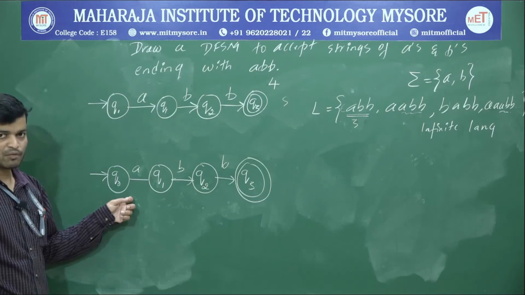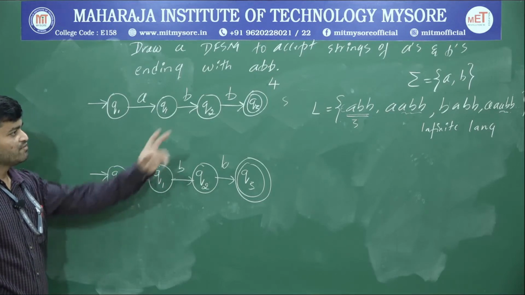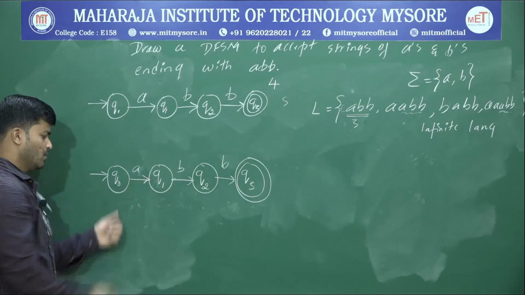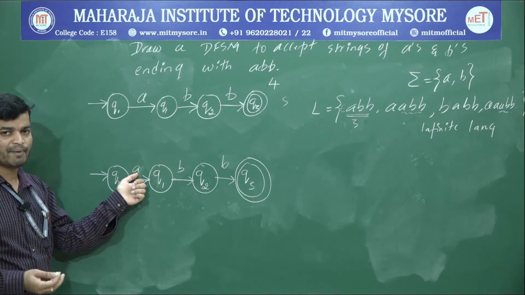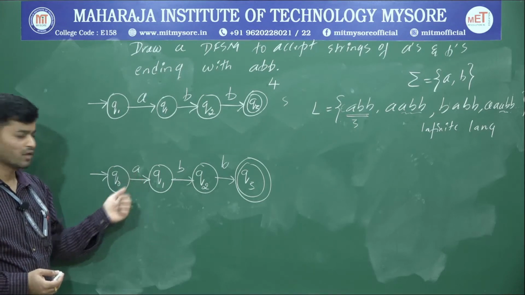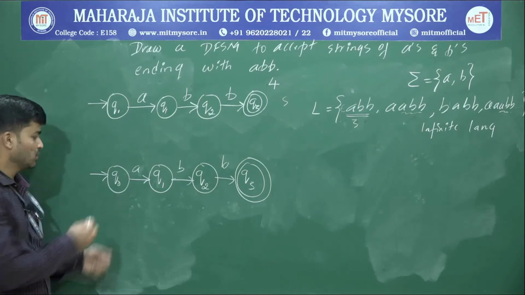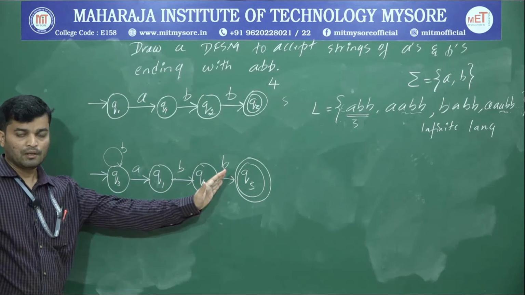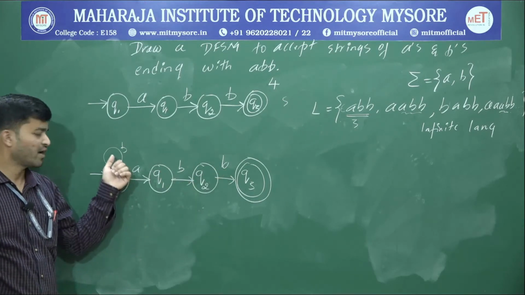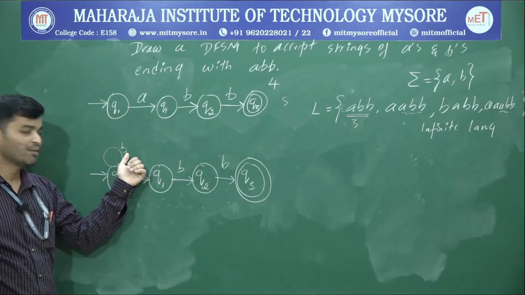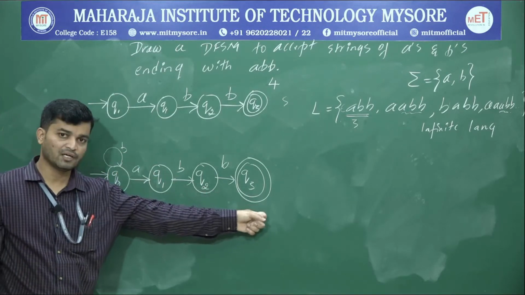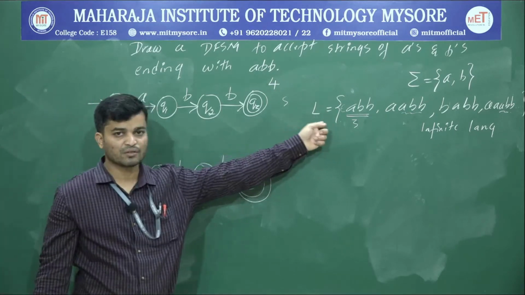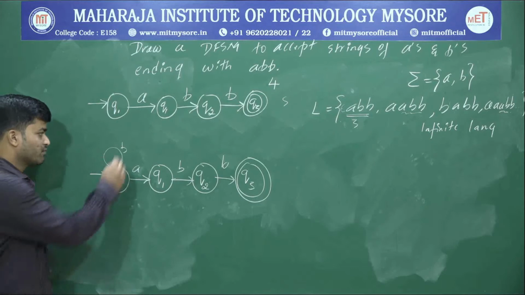Now you build the muscle. If sigma is 2, there should be 2 paths from each state in a DFA. Already there is a path for A. Now we have to build a path for B. What's the first option? You must go with a loop. Ending with ABB, in the beginning I can have anything. Correct, right? Therefore if I write a loop, that becomes a valid option. N number of B's, before going to the accepting state it will go with ABB, and that is a valid string that belongs to our language.